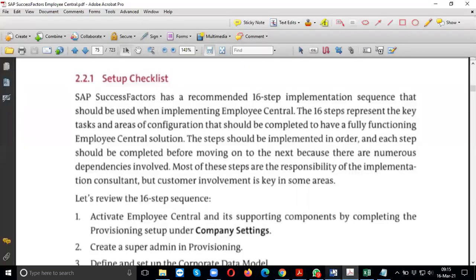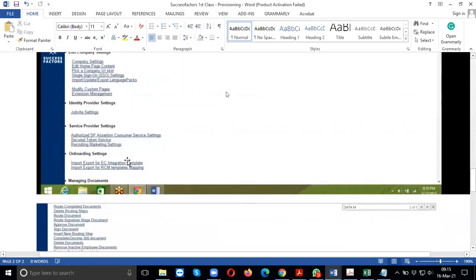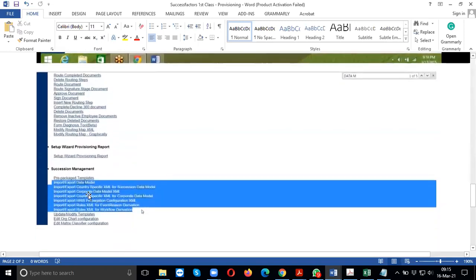So in this scenario, either way the company can start with the single sign-on settings, or they can start with the company settings. If the company looks for company settings, then they will start uploading the data models. So it will come with succession management.